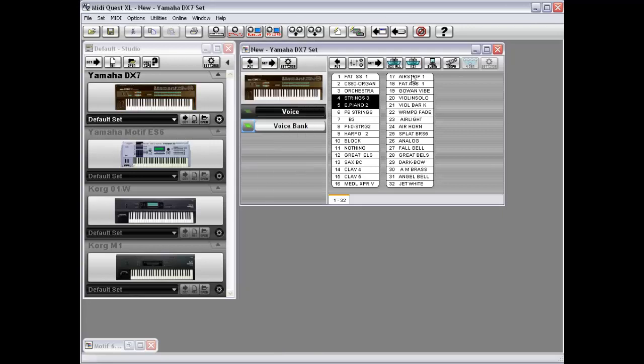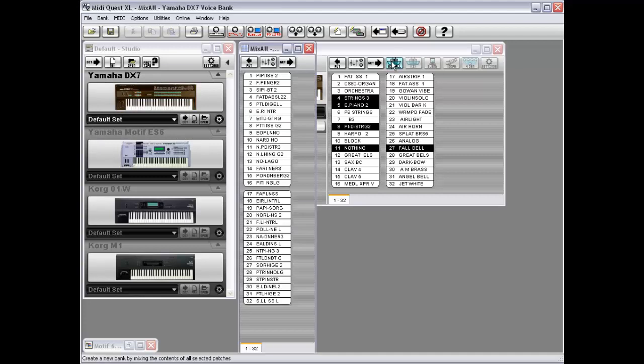Now, the next thing I will look at is the Mix All option. With this, you can choose any number of patches from the bank. I'll just add some extras in here and click on Mix All. And you can see even the names here are mixed. And if I click on them,